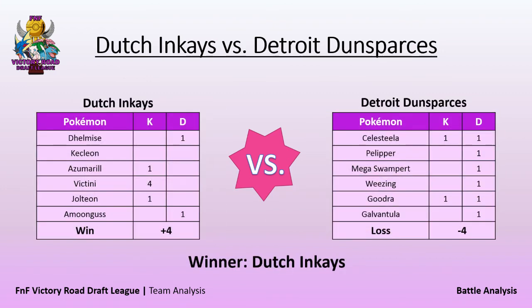Next is versus Detroit Dunsparces, and in this battle Victini was really Quest's star, which is interesting because it was versus Rain, but Quest was able to use Victini effectively, especially with Bolt Strike. Bolt Strike being the move that took down Pelipper in one shot. Once Pelipper went down, that was the final Rain that Startoad could rely on, so that was very important for